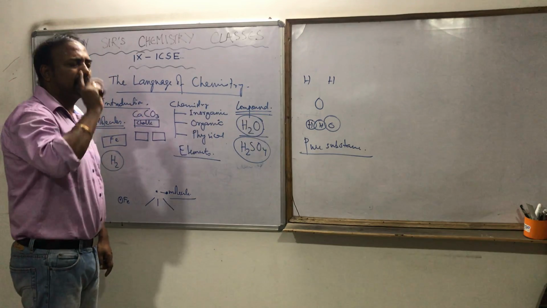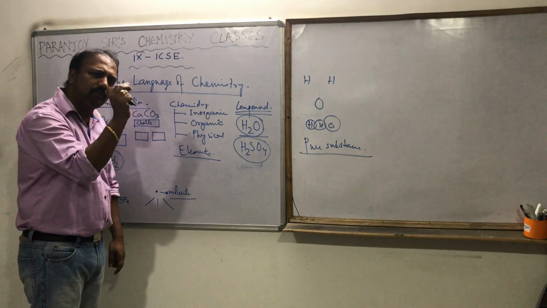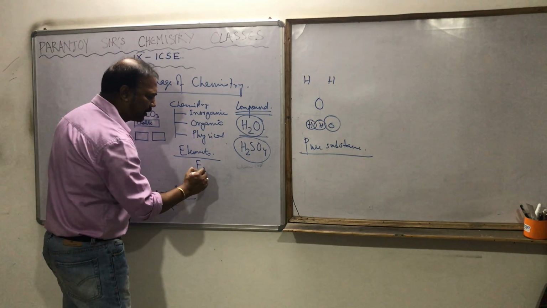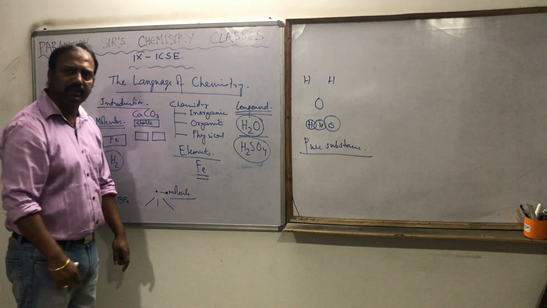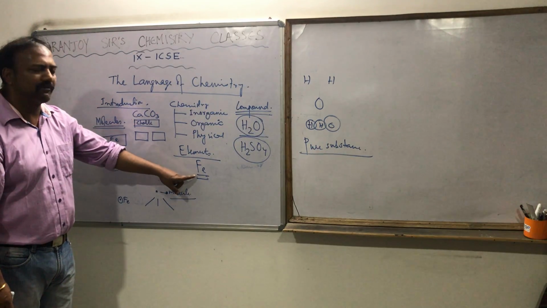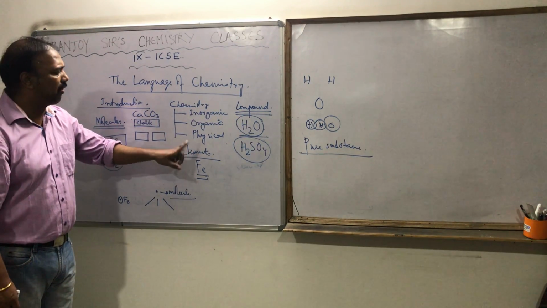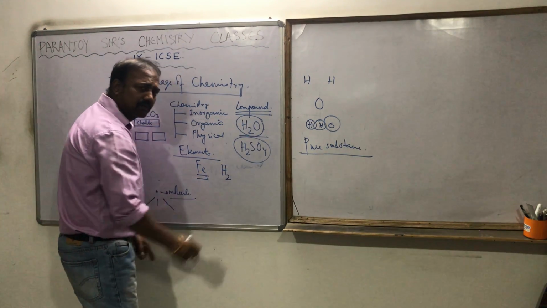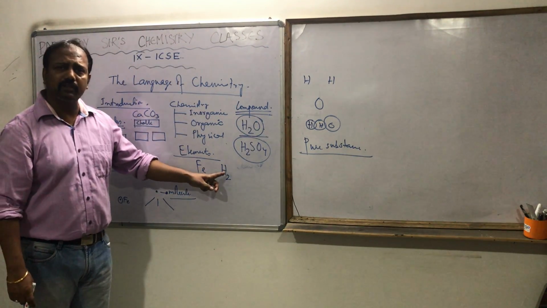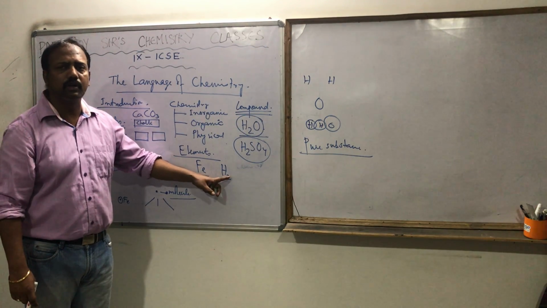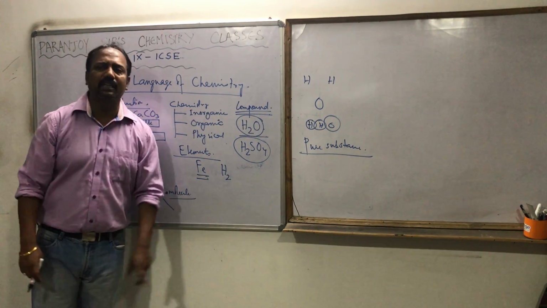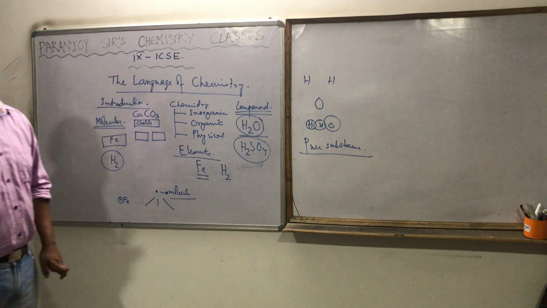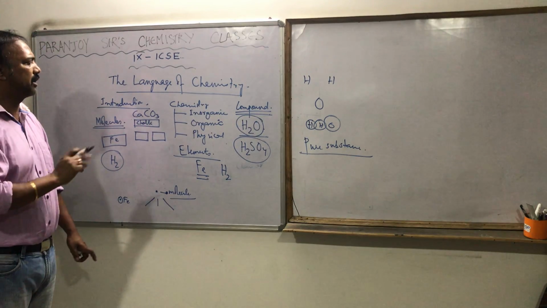It may be only a single atom, or it may be more than one atom, but the type is one type. For example, iron is an element. Whenever I write Fe, it's an element, because only iron is there. If I write H2, that's also an element. Why? Because only hydrogen is there, but how many hydrogen atoms? 2. So it depends on how many atoms are there, but the type of atom will be one only. That is what elements are.